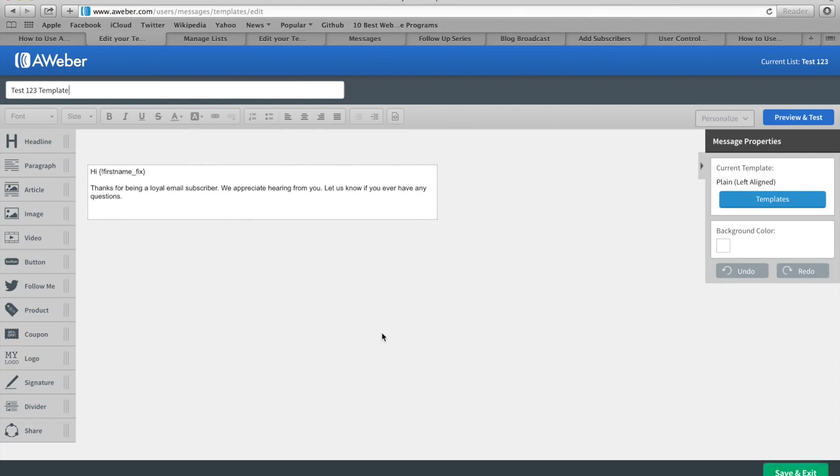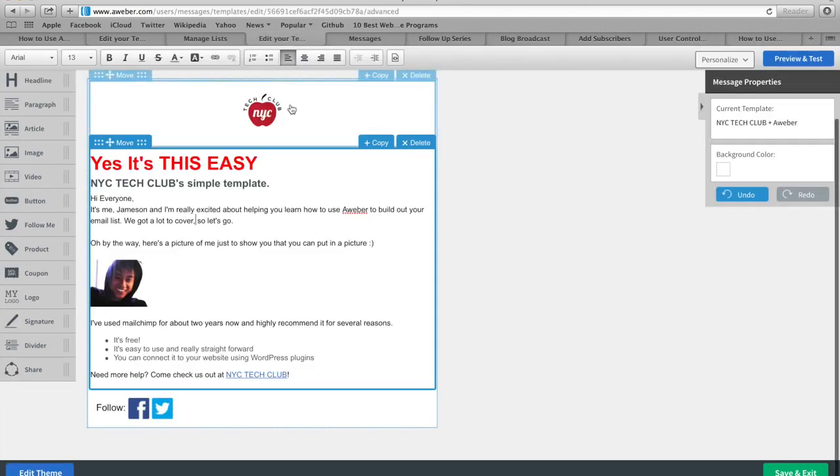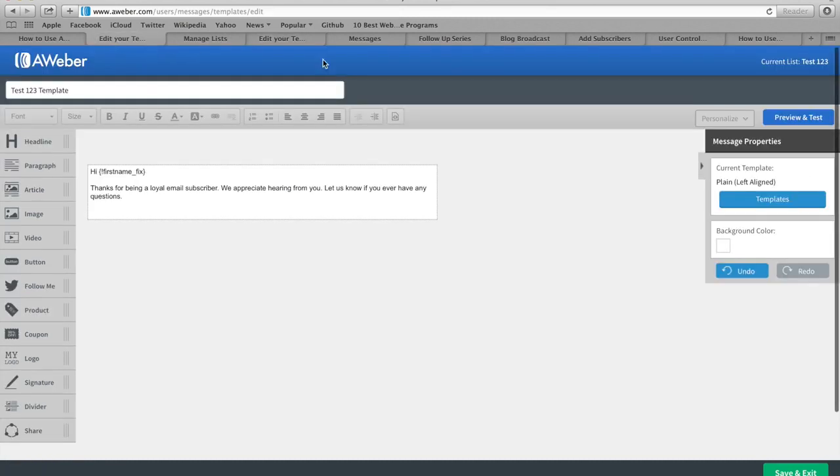So what a template allows us to do is put in different sections that we don't want to have to redo every time we create a new message. So let me show you on the demo template right here. We have our logo, our body of text right here, and then our social media buttons right here. So I'm going to show you how to create this basic template, and then you can customize yours however you want. So if we go back to the Aweber website right here,